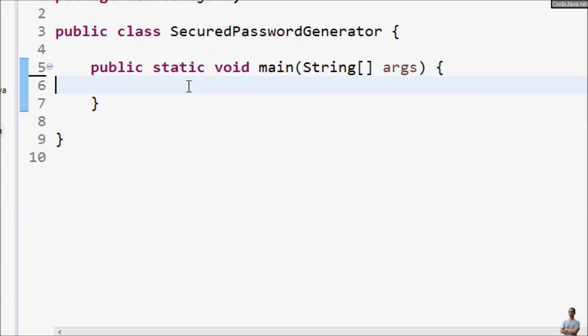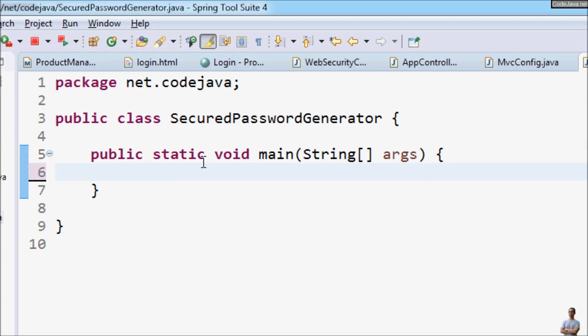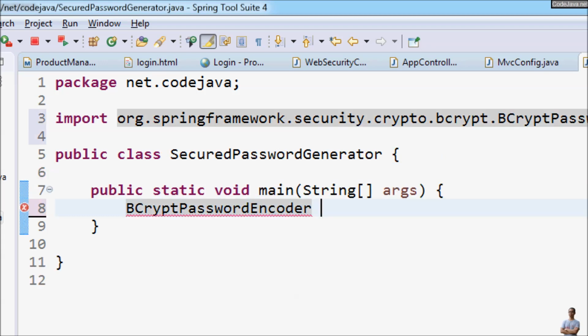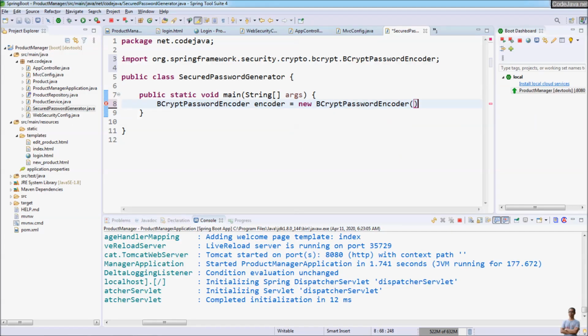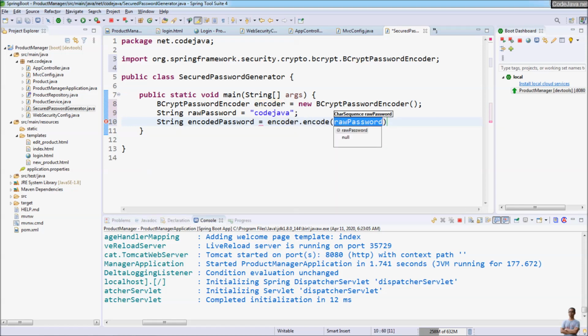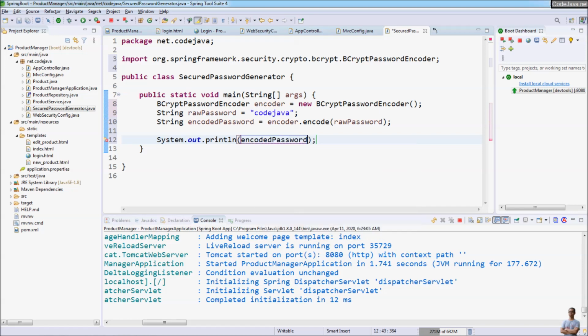And here in this class we simply create a new instance of the BCryptPasswordEncoder. Encoder equals new BCryptPasswordEncoder, and our raw password is codejava, and encoded password is encoder.encode(rawPassword), and we print out the encoded password,